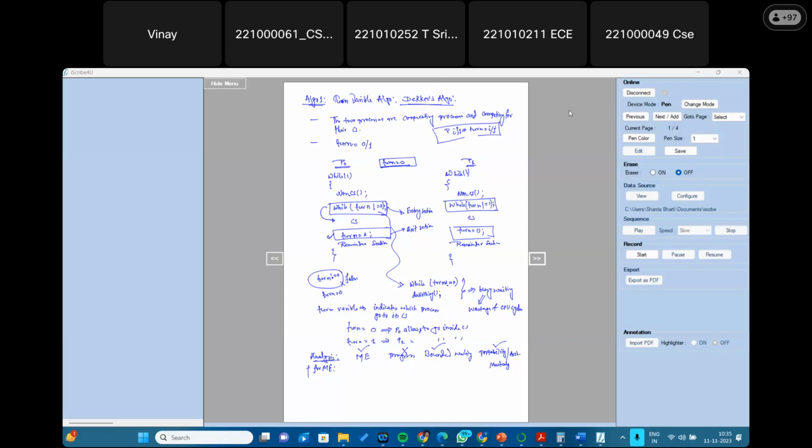Okay, let us resume the class. So what I was talking about, we'll analyze algorithm 1 for mutual exclusion, right? So let us check whether a process is in its critical section